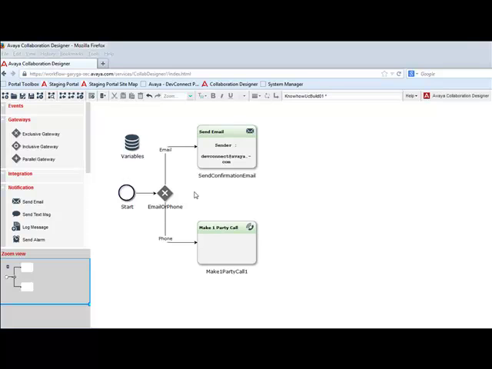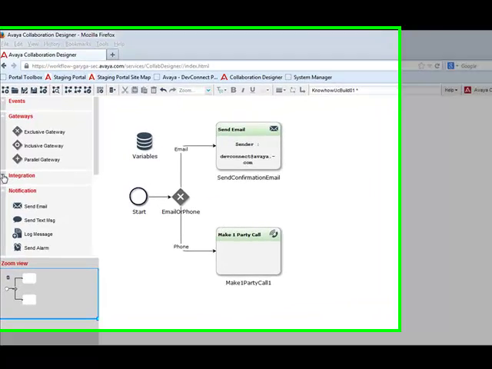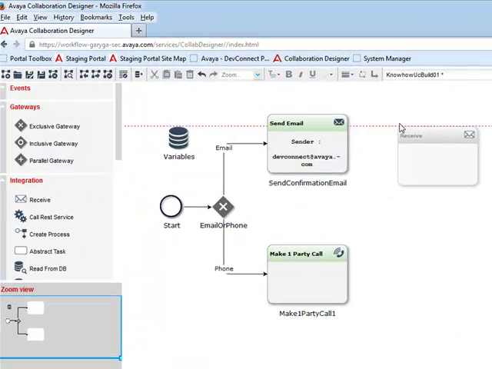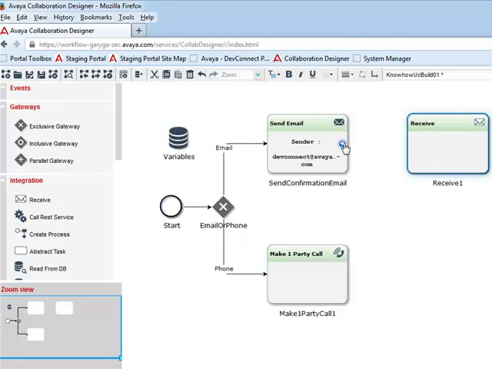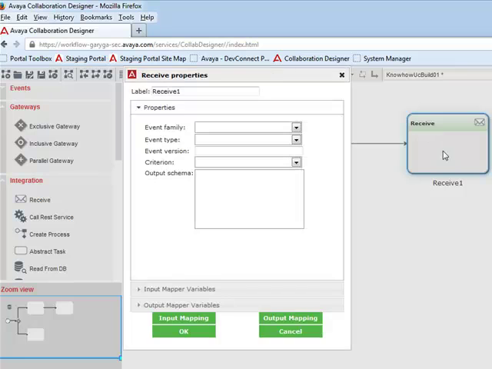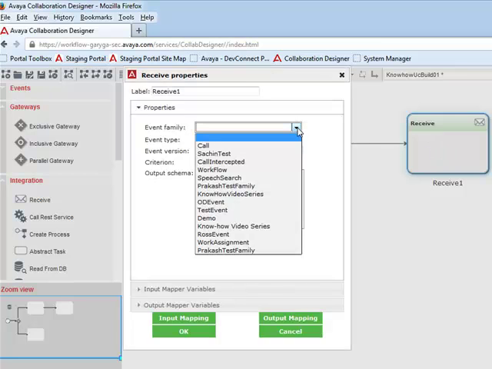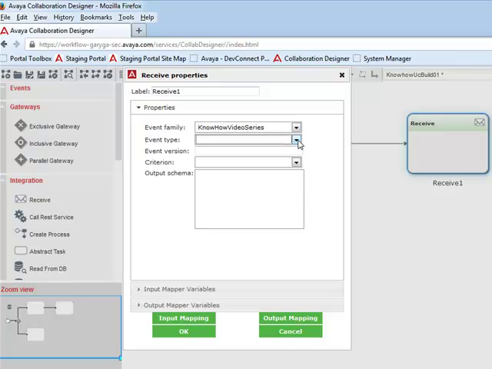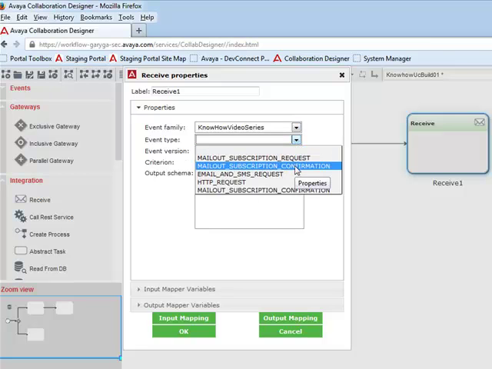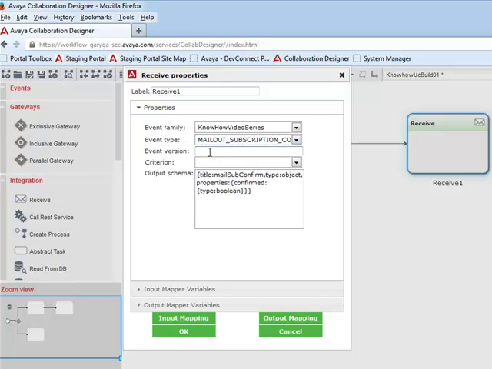The workflow must now sit and wait until the requester visits the web page and confirms their subscription. This is achieved using the Receive task. The Receive task facilitates one of the most distinctive capabilities of Collaboration Designer, namely the ability to define business processes that span extended periods with intervals of minutes, hours, days, or even longer between tasks. When the requester confirms their subscription, an HTTP request is sent from the client web application to the event catalog, which generates an occurrence of a mail-out subscription confirmation event, and which in turn triggers the Receive task to continue